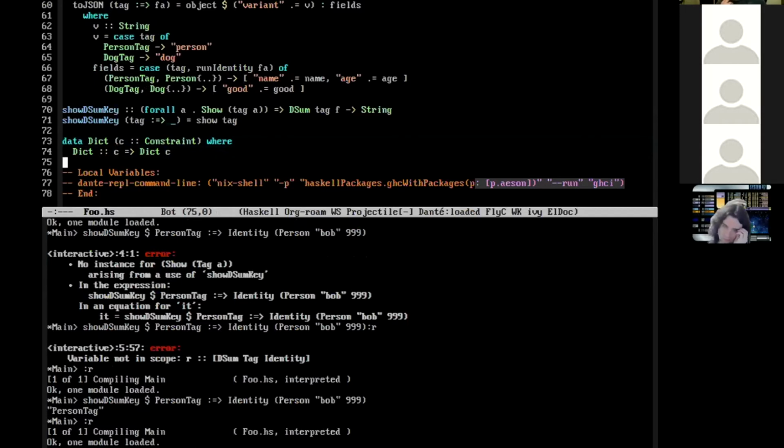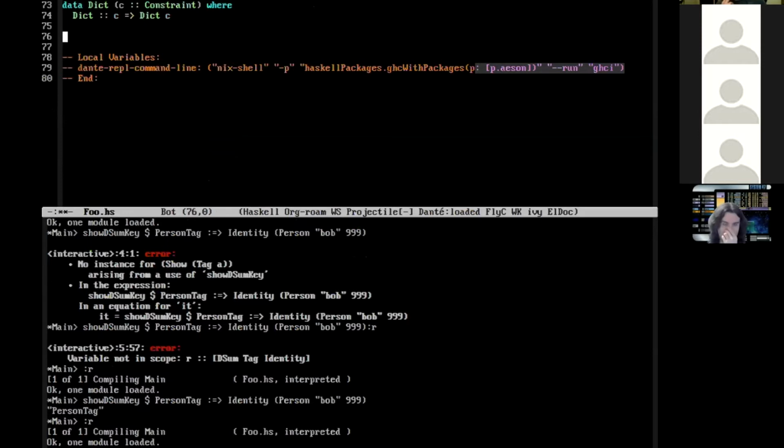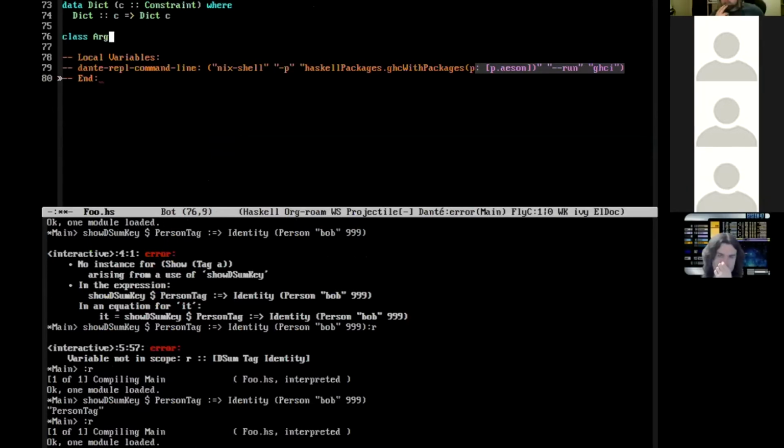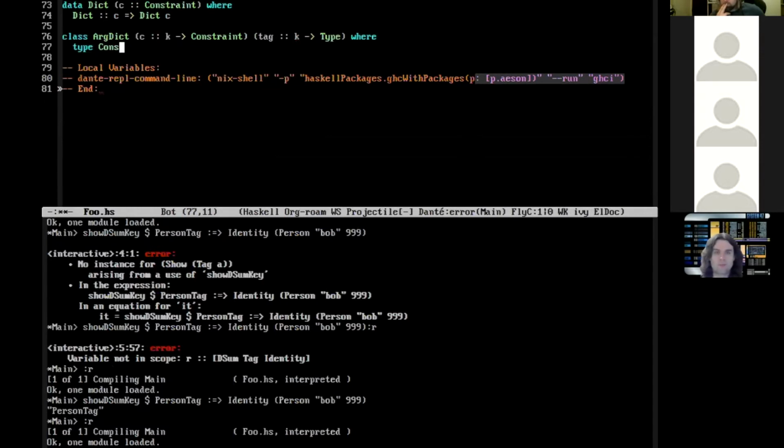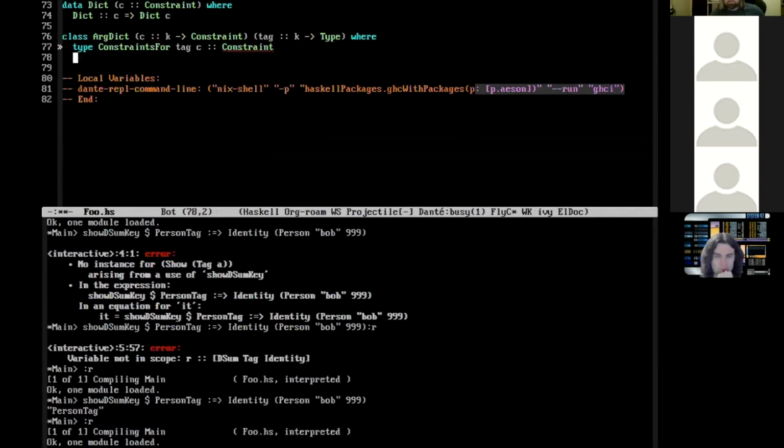And the second fundamental piece is we'll need a type class to talk about the set of constraints that we actually need for any particular type. So what is this saying?